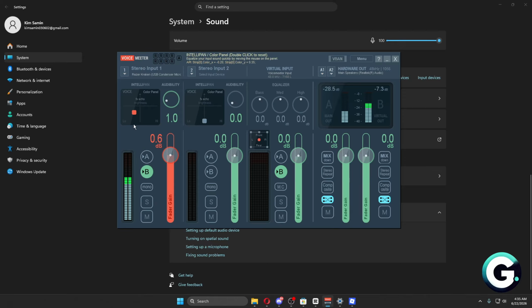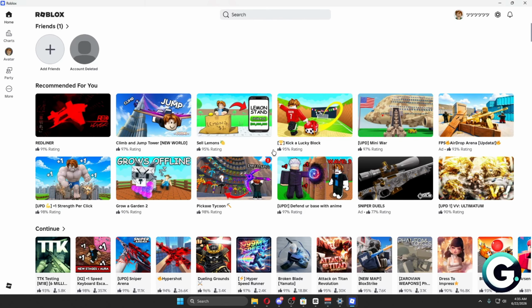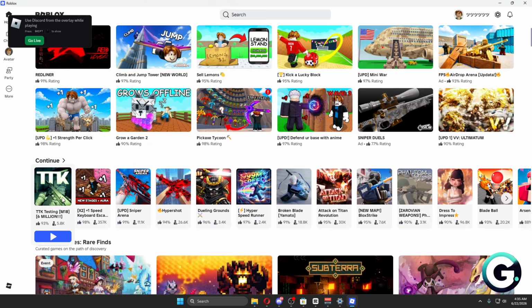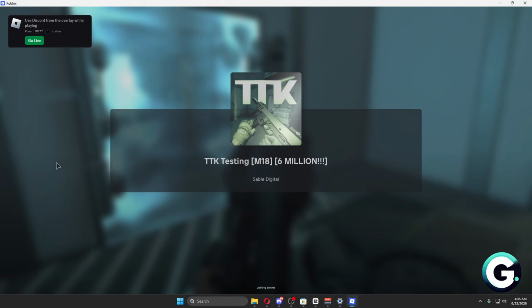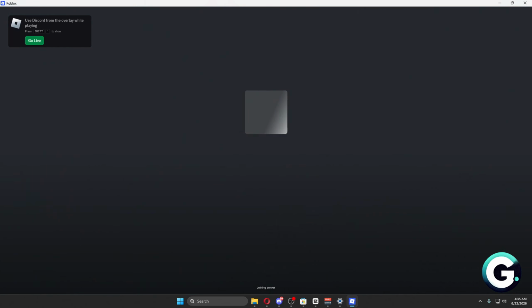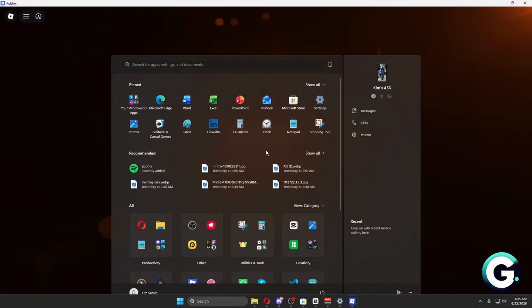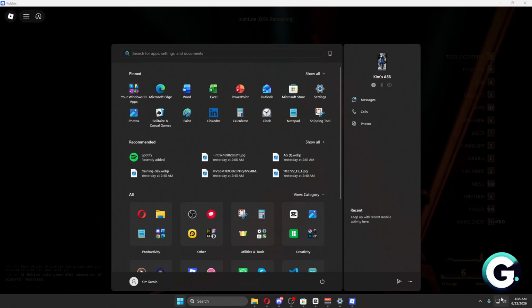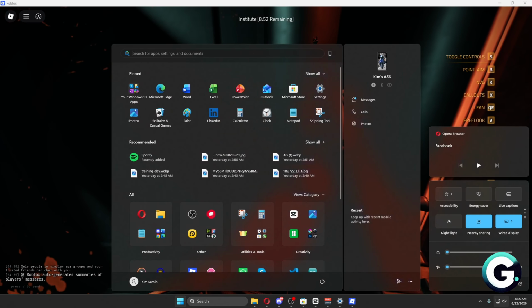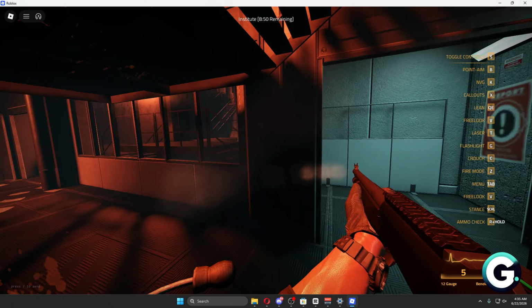Now for the voice color panel, of course, you want to adjust this accordingly depending on your style or your voice. And for the audibility, this is just going to be the mic threshold. So if you want to eliminate voices or small noises, you just want to simply select or adjust it right here. Now that we have our Voicemeeter set up, I'm just going to open up a random game on